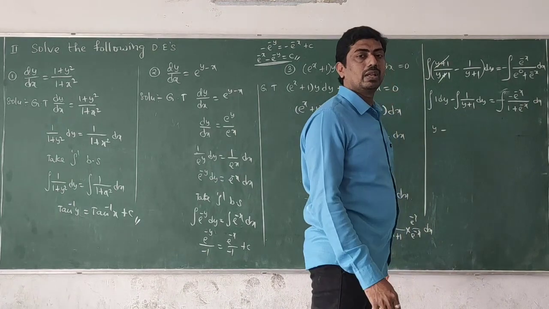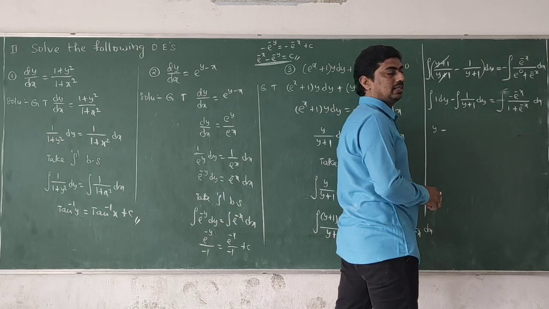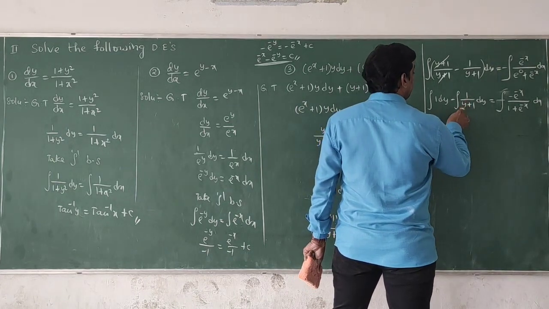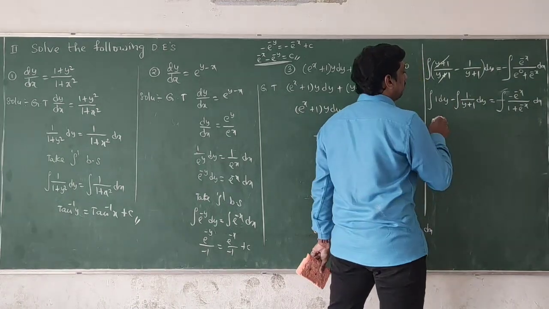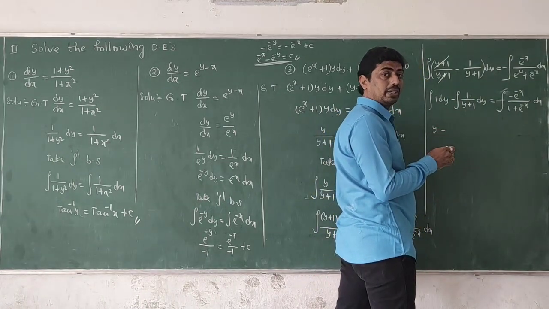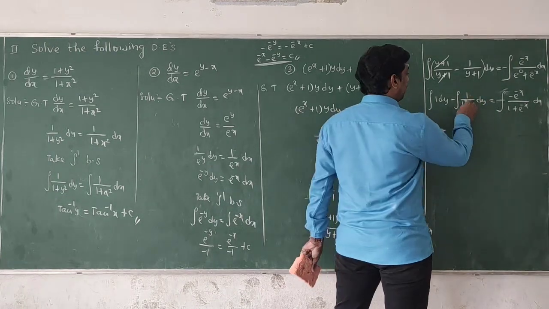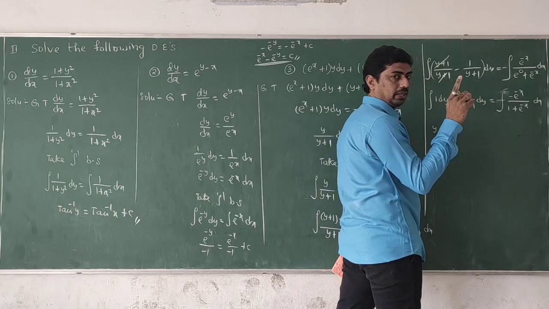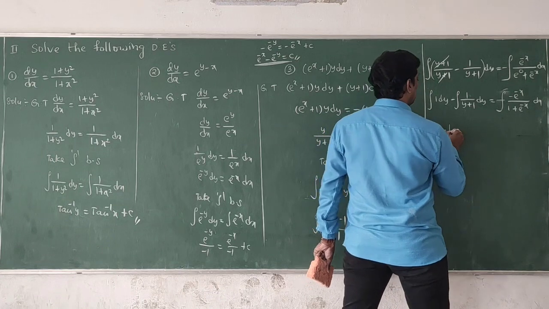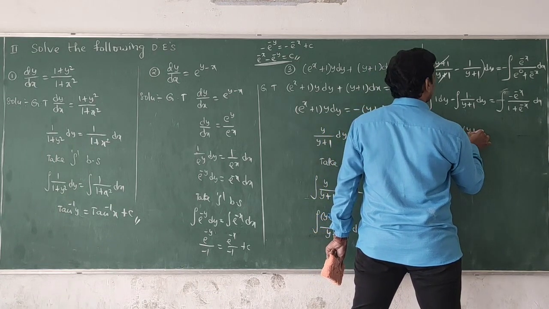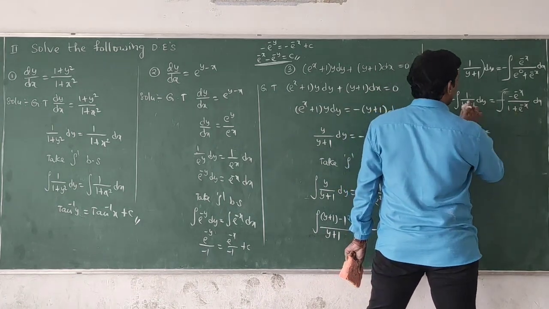Anyone remember? An important formula is there. If you take the denominator as f of x, then the derivative of the denominator is in the numerator, then what is the formula? Integration of f dash x by f of x. What is the formula for that one? F dash x by f of x, log of f of x. Y plus 1 derivative with respect to y is 1 only. That's why this is the form of f dash x by f of x, log of f of x. That's why log of f of x means log of y plus 1. Is it clear? Right.